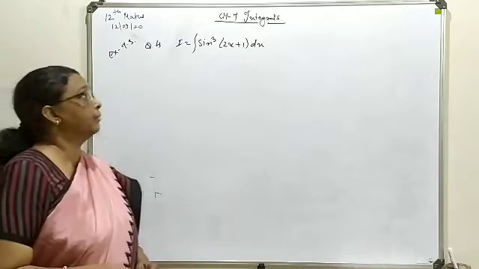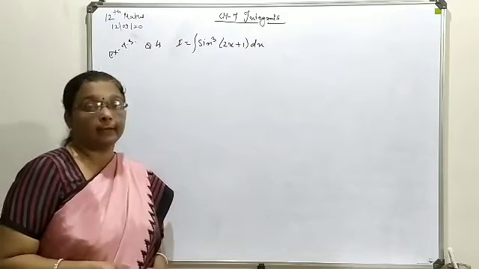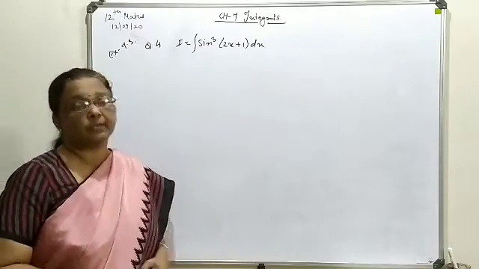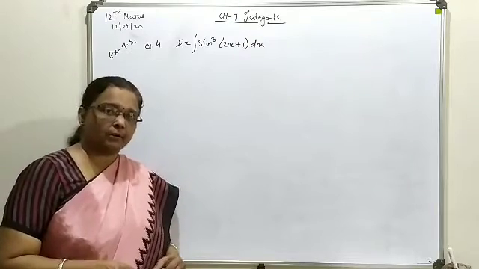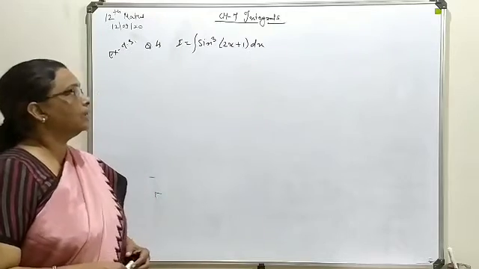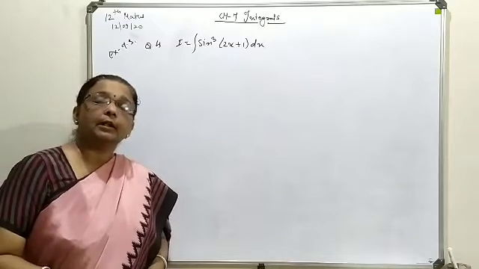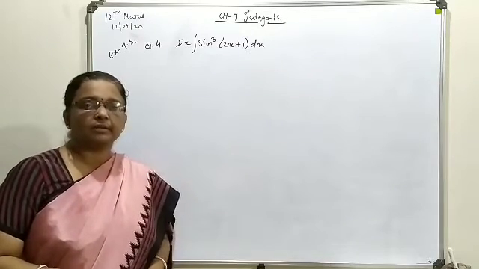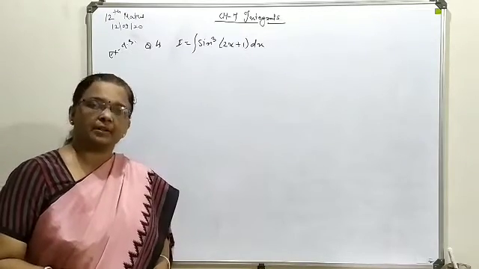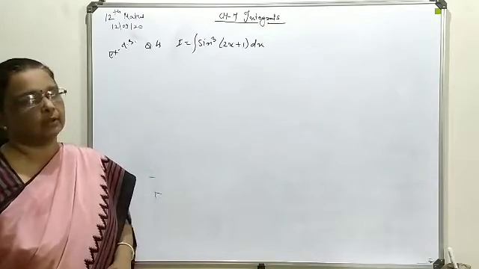Now in the fourth one, sine cube of 2x plus 1 is available as the main function. This cubic form you can handle in two ways. First, split this sine cube as sine square into sine x, then write that sine square in the form of 1 minus cos square and use the substitution method. The other way is to use the formula of sine 3x. Sine 3x we can write as 3 sin x minus 4 sine cube x. From there we can separate out the cubic term and then go for substitution. So you can adopt either method as per your convenience.